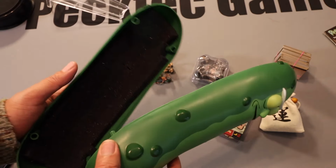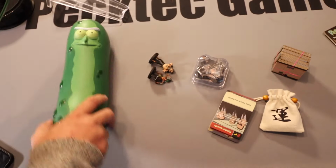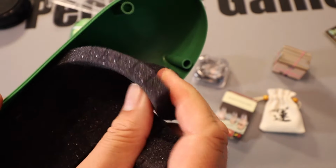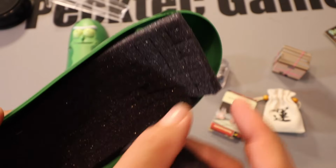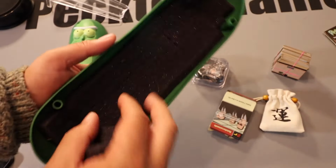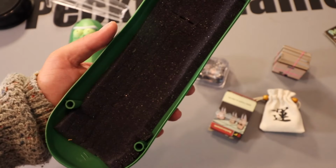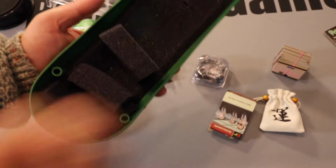So the game's actually stored in this pickle that you can set on the shelf, and it came with an insert, but that insert was kind of terrible. So I've removed it, and what I've done here is I've put some pull and pluck foam. I bought this for some other project. You can actually buy this fairly cheaply by the roll, and it makes making your own foam inserts really easy. And I wouldn't say this is an insert, but what it does is kind of give everything sort of a padding, so I can put some pressure on it and it doesn't actually do any damage to anything. I've added a couple of these here too to sort of separate the miniatures,